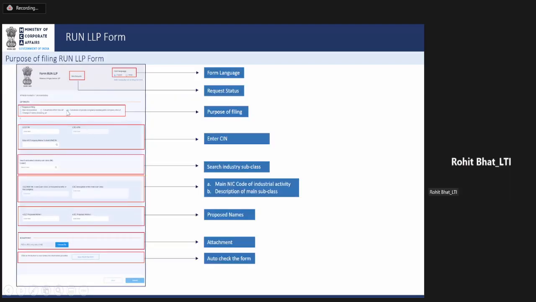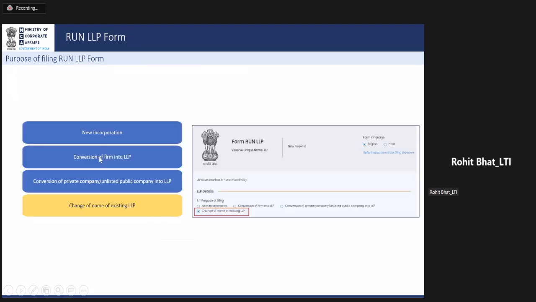So here, if you can see on my screen, when I selected conversion of private company or unlisted company into LLP, my SIN option is enabled. My LLPIN option is still disabled because LLPIN is not required in this case. So the SIN option is already enabled. And here for professional login, I can see that a search option is given to me. When I click on the search icon, I will be able to see multiple companies in the MCA database. And as soon as I put 2 or 3 alphabets, my related names will appear. And I can select from them whatever SIN I want to select. So that effort of putting the SIN here is already reduced.